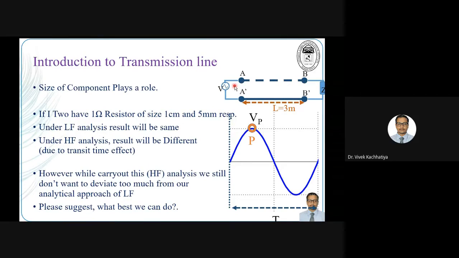While doing analysis, one thing we need to pay attention to is that we cannot change my source value. So whatever I want to do, I want to do within this A dash and in between B dash. So can anyone suggest how to do analysis in such a way that this transit time effect is included?